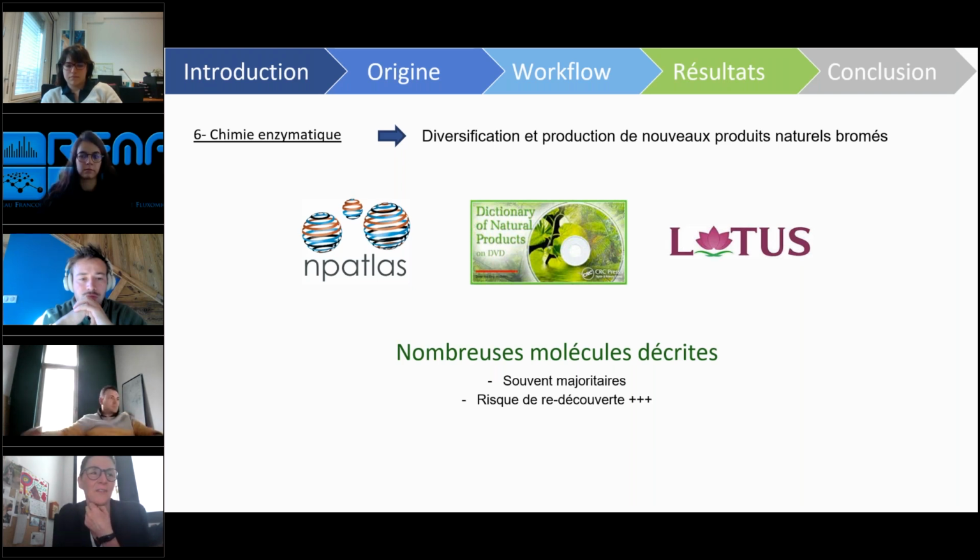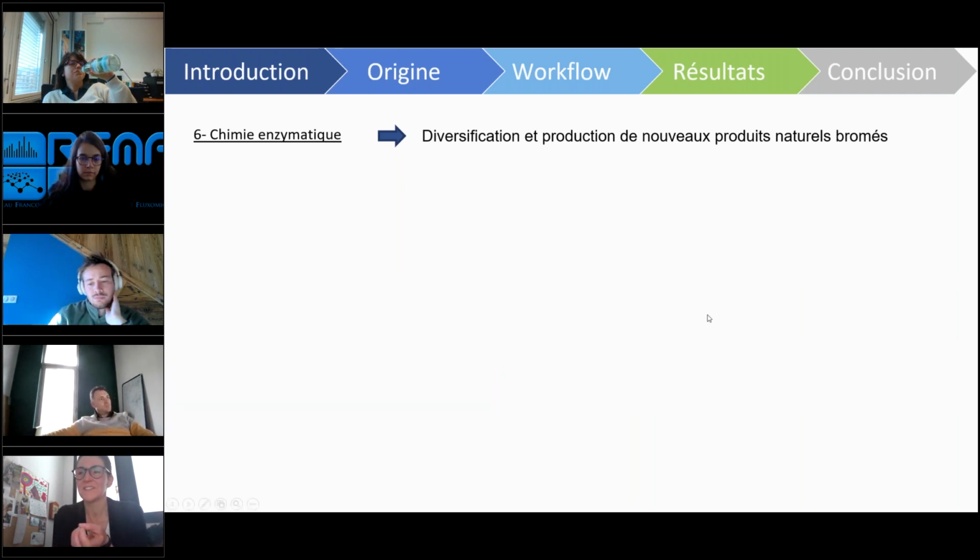And I think this is one of the problems a lot of natural product chemists have, and we are trying to develop strategies to avoid that, and to be able at least to annotate the compounds even before isolating them, just to make sure that if we spend time and money on isolating a compound, we hope at the end it's new, at least that we have new chemistry. So there are different ways to give more chances to isolate new compounds.